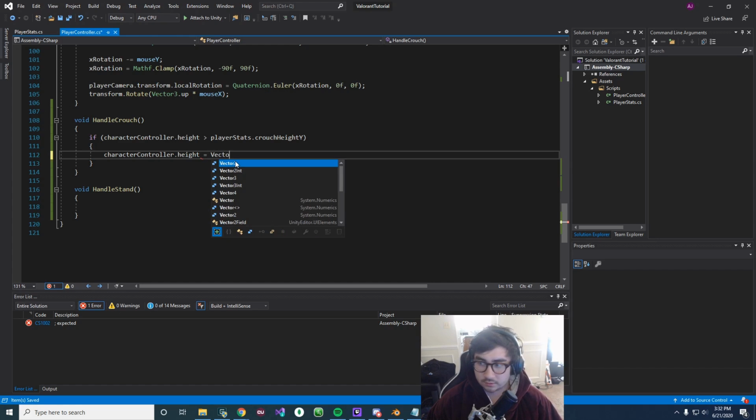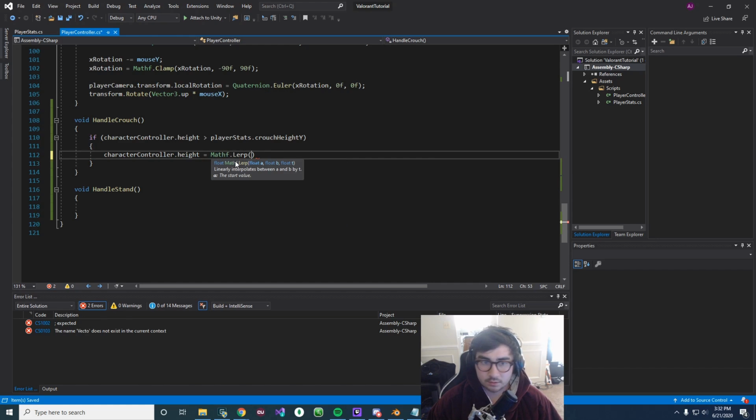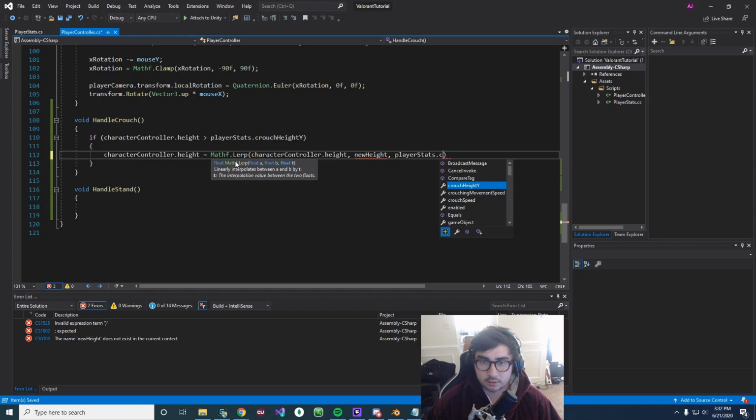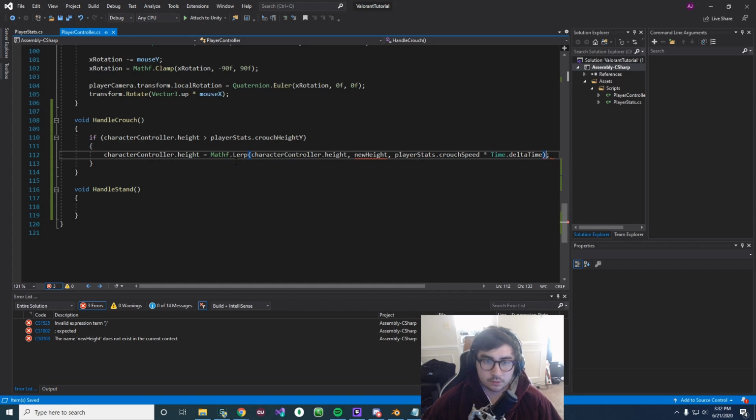So equals Mathf dot Lerp character controller dot height, new height, player stats dot crouch speed times Time dot deltaTime, and new height is going to be player stats dot crouch height y.